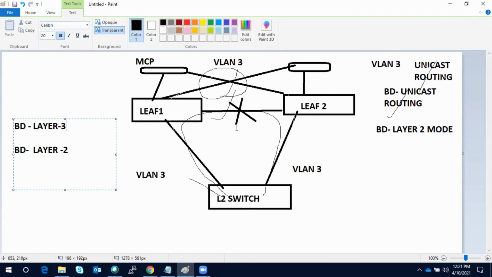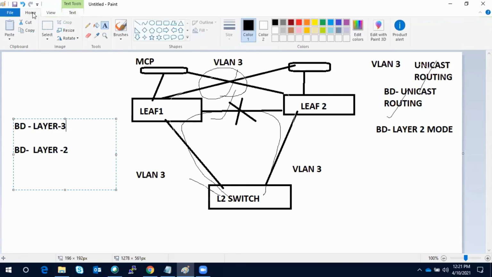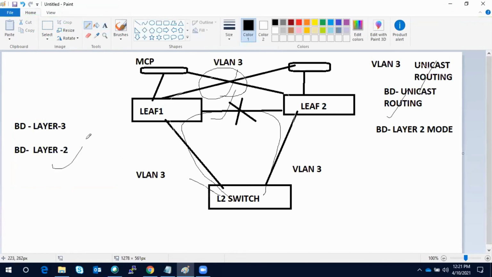Actually it allows them. So in that case, particularly in layer 2, we have to tweak some configuration so that the loop cannot occur. So the fabric will act as a layer 3 as well as a layer 2 based on the configuration. That's why I said it's a routed fabric, but in some scenarios you can turn it on and turn it off as well. That is the beauty of the ACI fabric. So Chitranjan, I hope this answers your question.